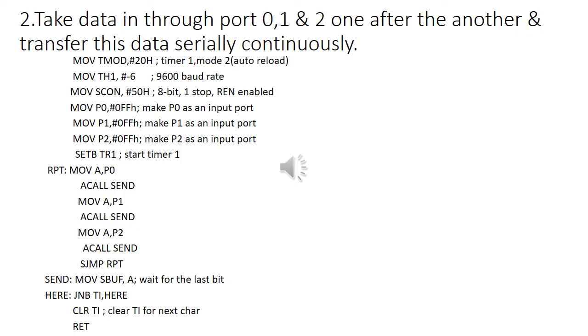So next, the second program. In the second program, you are going to take the data in through port 0, port 1 and port 2, one after another, and transfer this data serially and continuously. Initially, you are going to load a value of 20H in the TMOD register, which is nothing but the auto reload mode. Next, you are going to load a -6 to TH1